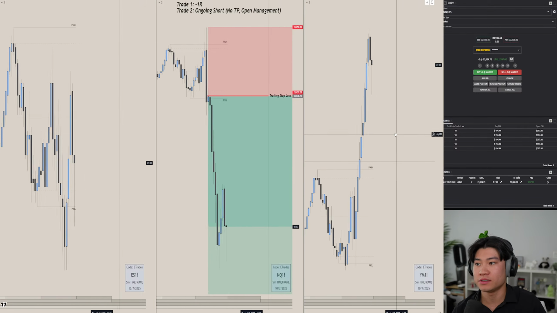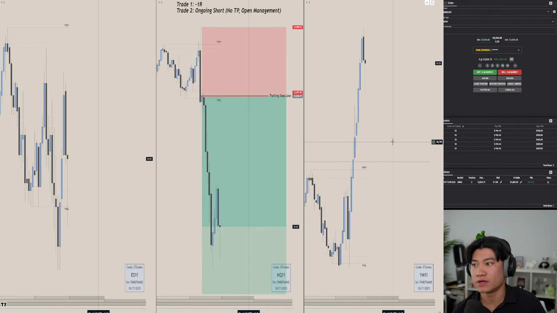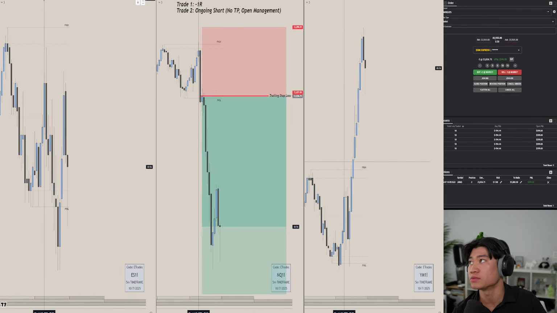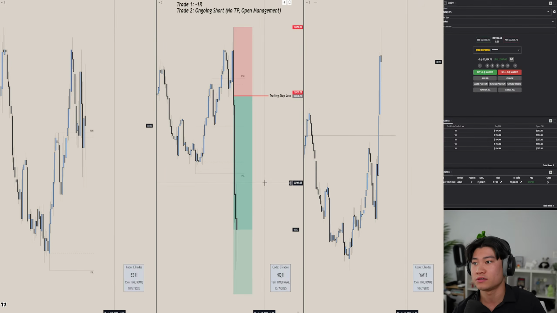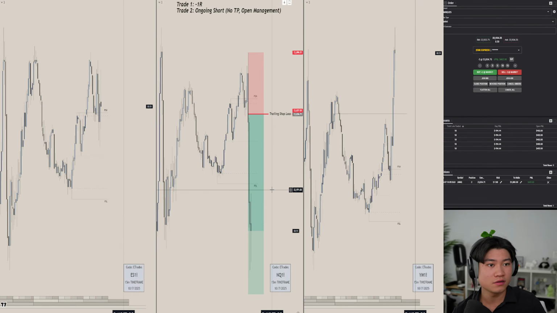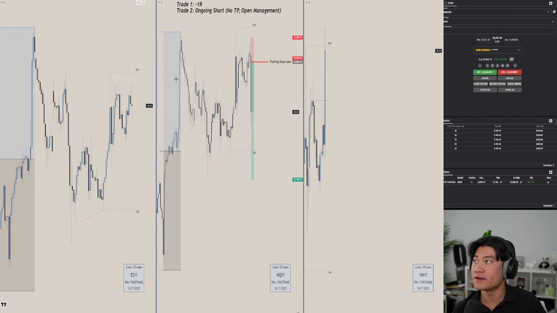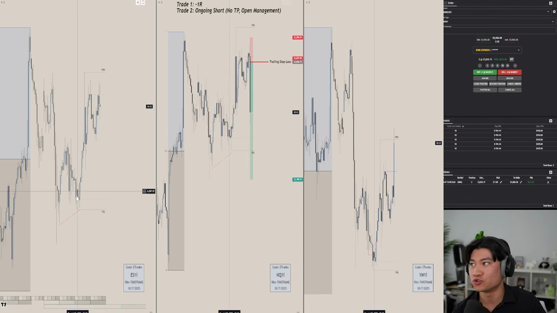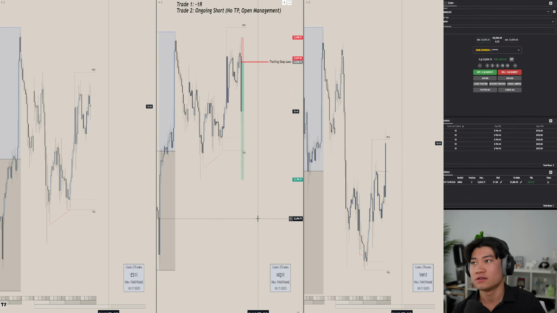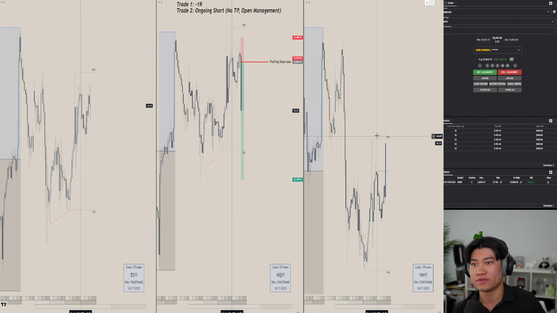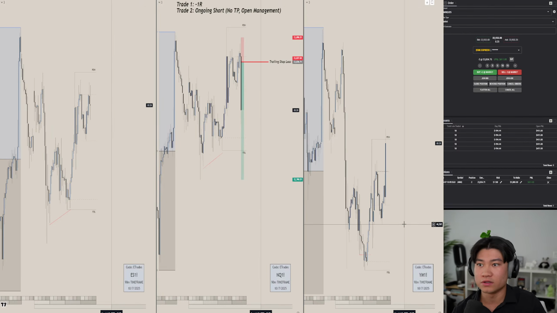Ideally, I'd like to see price just push lower on YM. I don't necessarily care if NQ goes lower now, but I want to see YM start to give some sort of bearish signature. Because if YM were to go lower and then drag all three other assets with it, then I feel like this would be the spot. Because previous day high got raided into this fair value gap, into this breaker block on a higher time frame. Did we tap into new week opening gap? We did not. But I feel like this would be the optimal spot to look for lower prices.